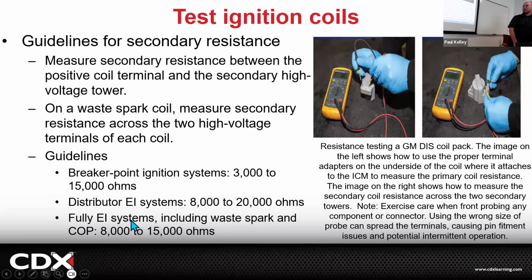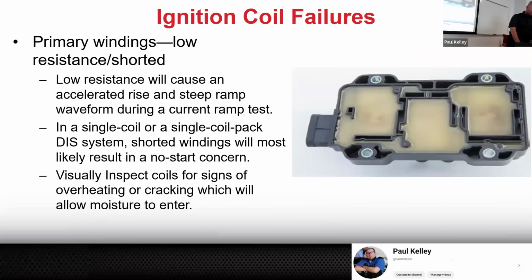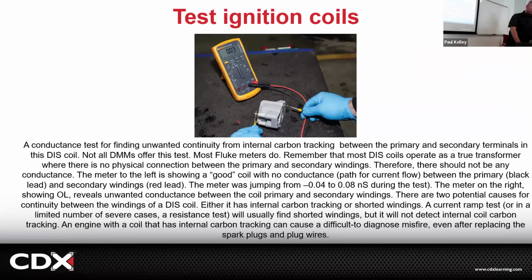If it's electronic ignition, that's not a distributor, maybe 8 to 15,000, right? The numbers depend on the system. Not OL and not 0.0, though, I could tell you that right now. That's a for sure thing. Cool. And then what this is kind of showing is a conductance test, which is another type of short,